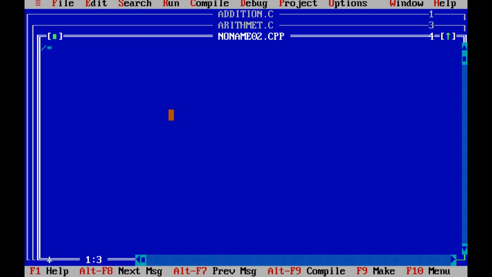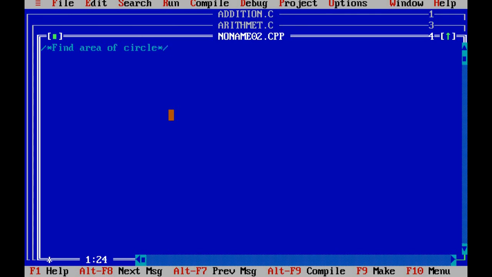Just give the program name, find, oh sorry, area of circle.